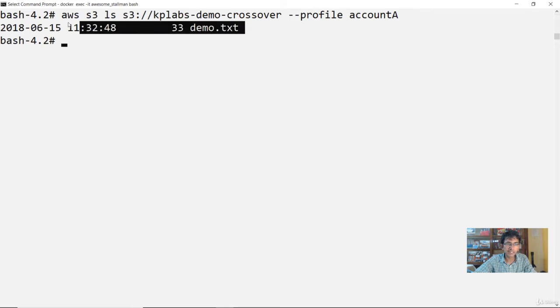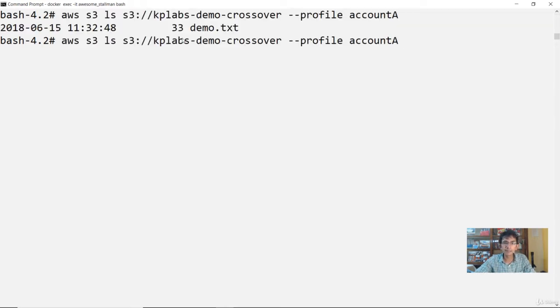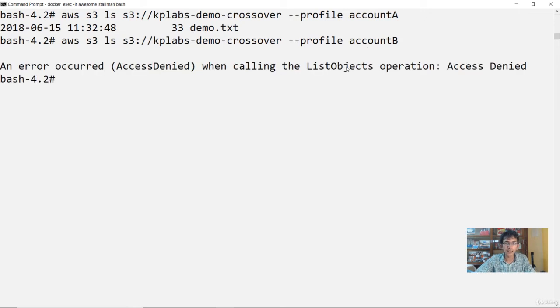and I am able to successfully see the contents of the S3 bucket. Now in a similar way, this time I'll put the profile as account B, and currently it is showing as access denied. Now the answer to why this error has been occurring is quite interesting, and I have seen that in exams